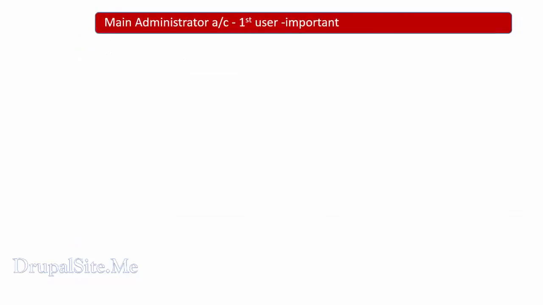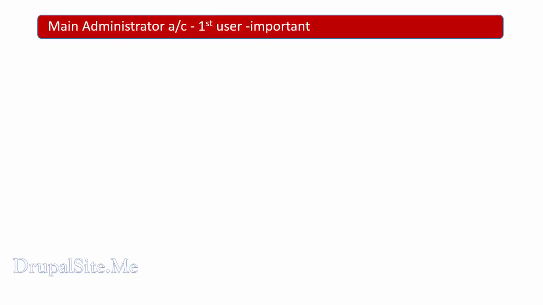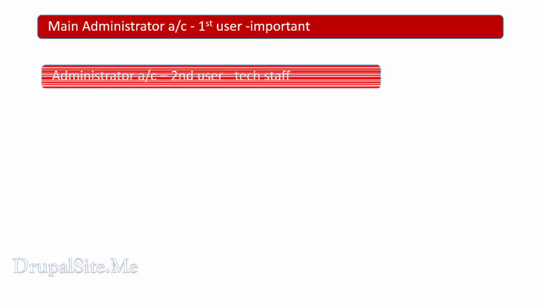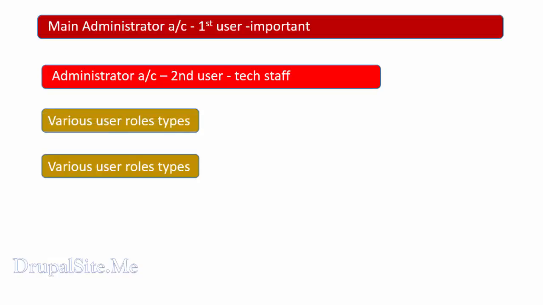In a previous session, we discussed the main administrator, the importance of it, and that we need to make another administrator for everyday purposes. And we also talked about various user role types for our organization. Depending on the size and complexity of the organization, you may have to delegate editing and management of different contents, different areas of the organization. This is where user roles come in. You create a role and add users to that role.